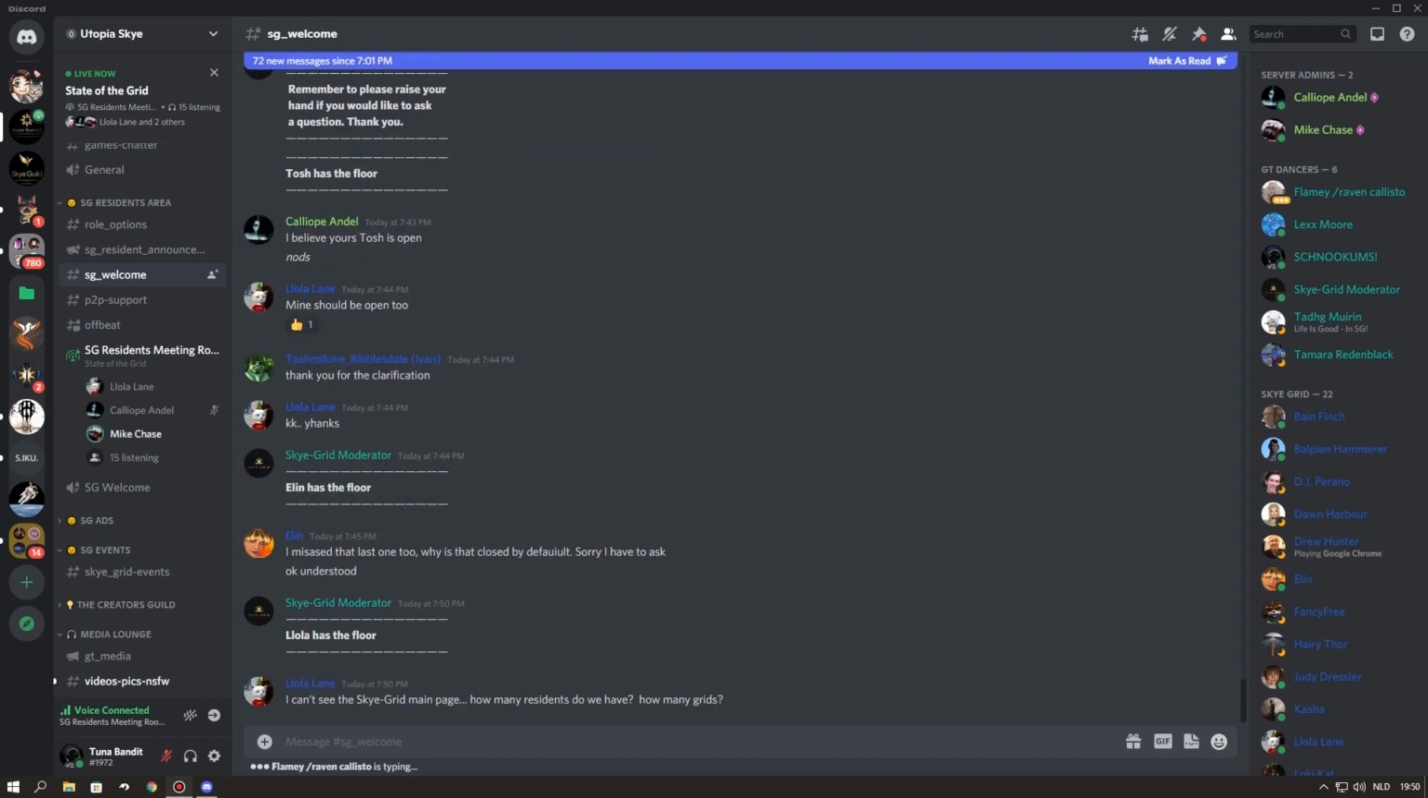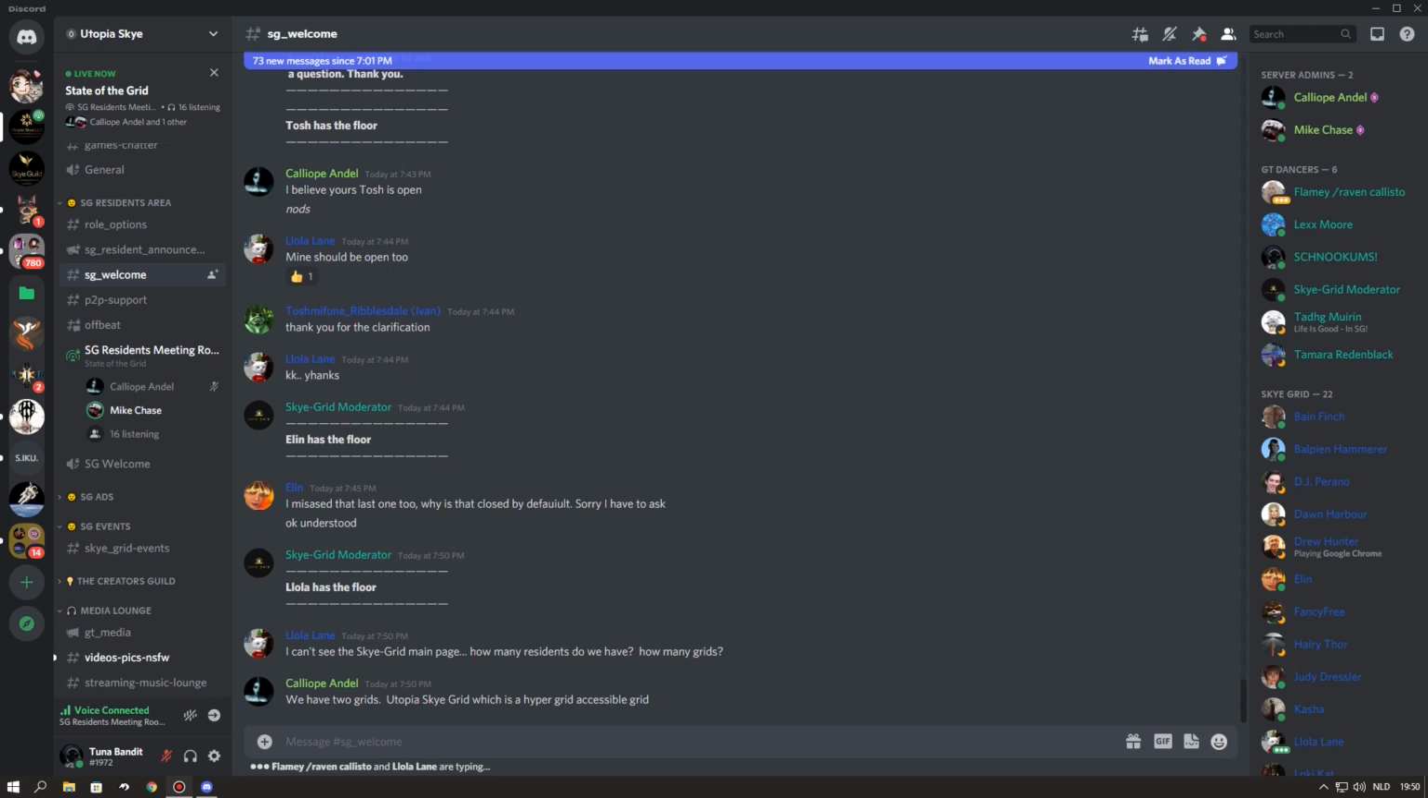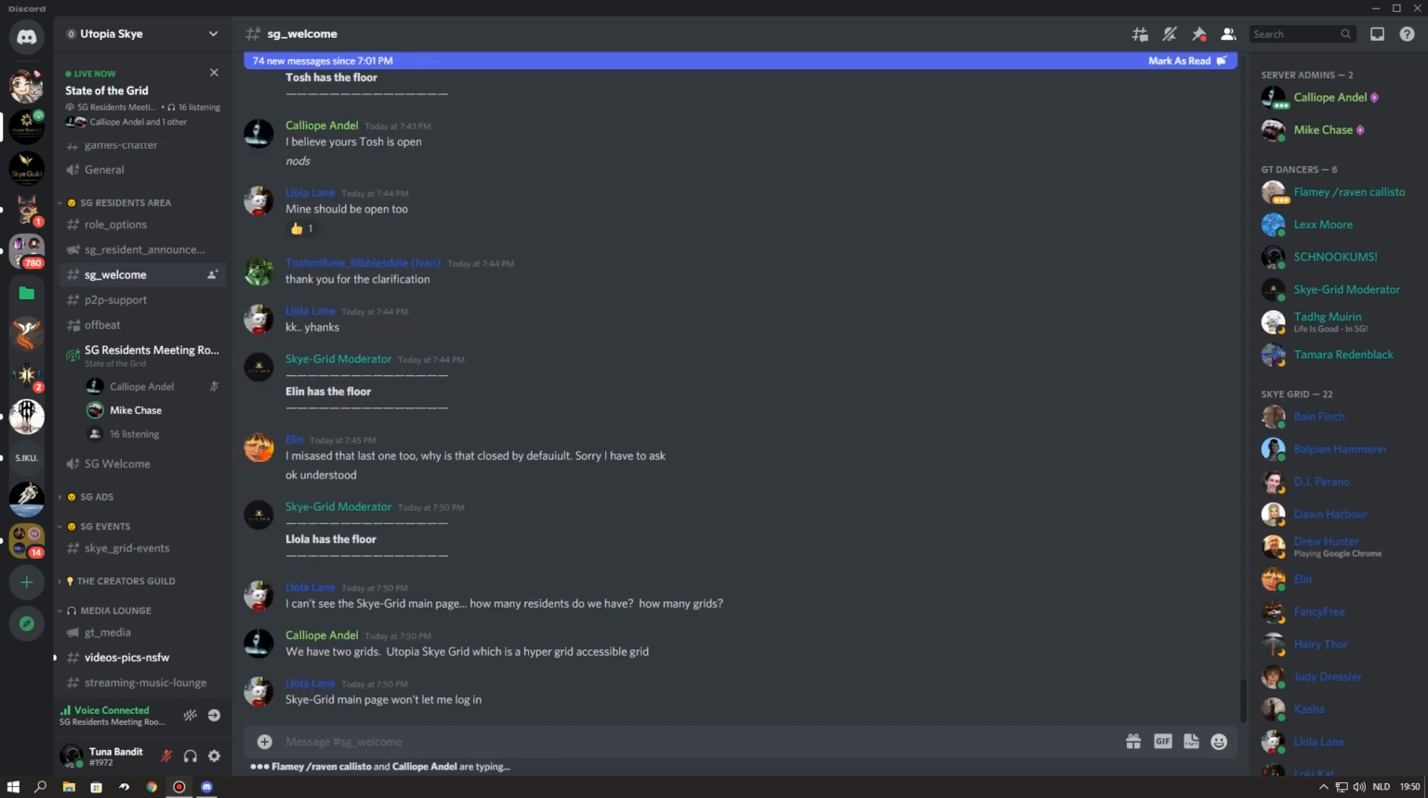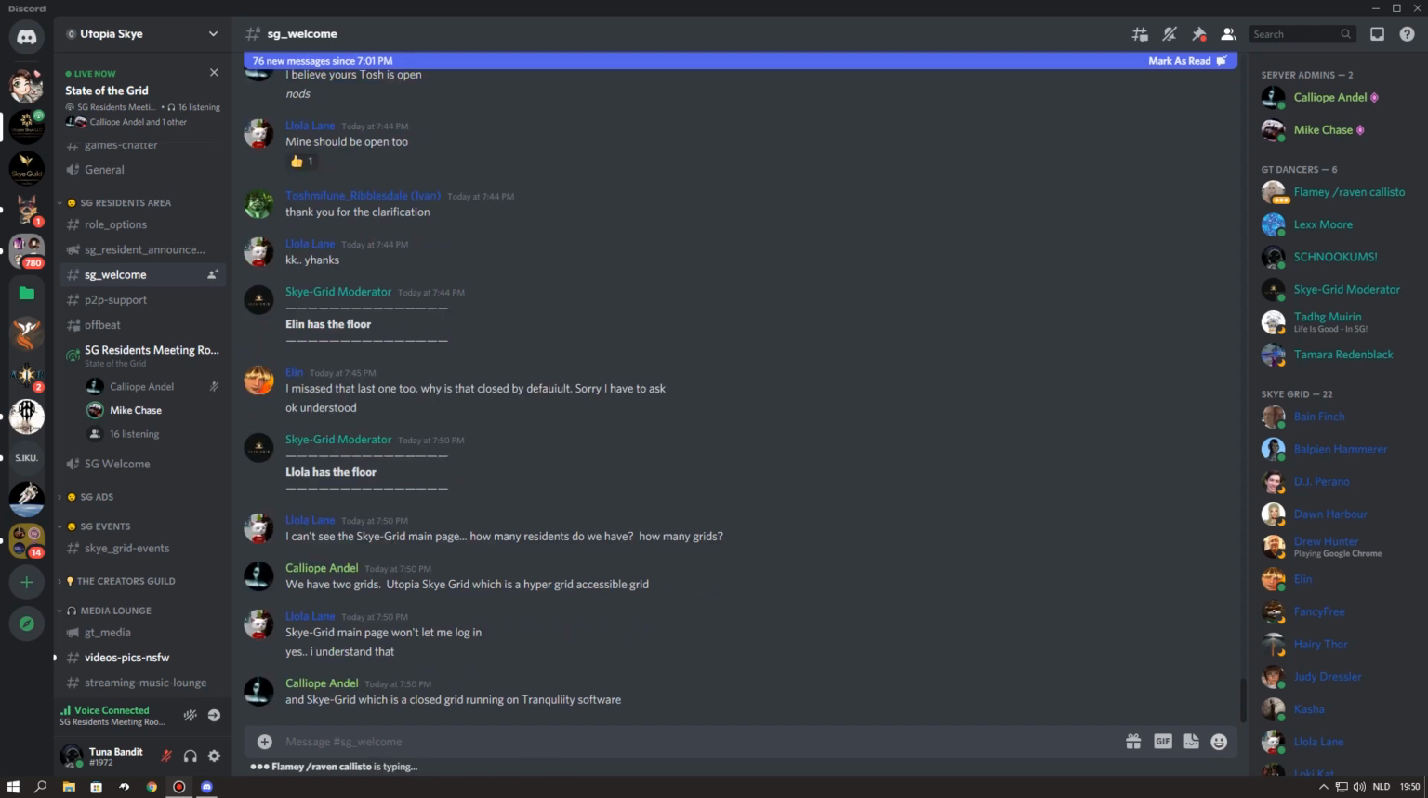Okay, so the SkyGrid main page. As Callie was saying, there's a Utopia main page now, which has pointers to the individual things that we're doing. That includes Utopia SkyGrid, which is the hypergrid version of the software that's open to the outside. And there is SkyGrid, which is the closed grid, Halcyon, now Tranquility-based grid that we're largely focused on. So two grids, primary focus is SkyGrid, and both of those are accessible from the utopiasky.com main website, or you can go straight to